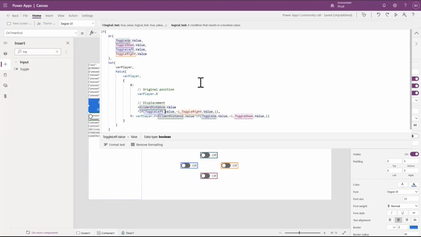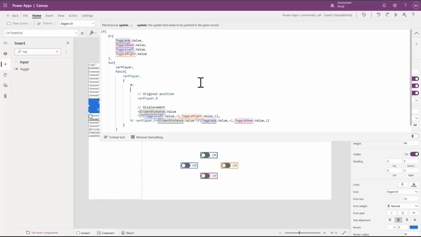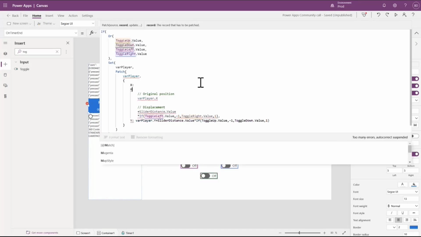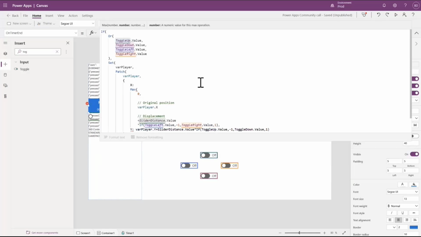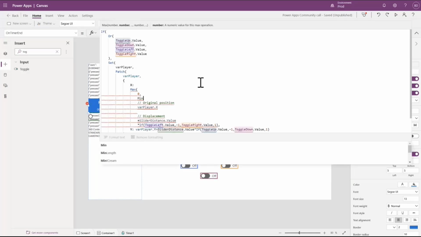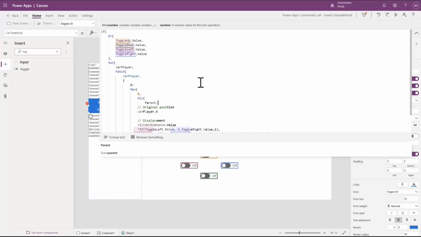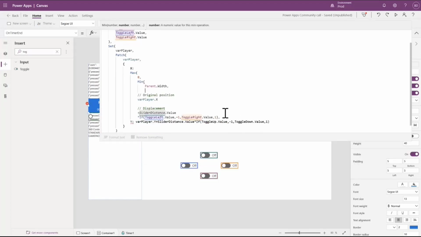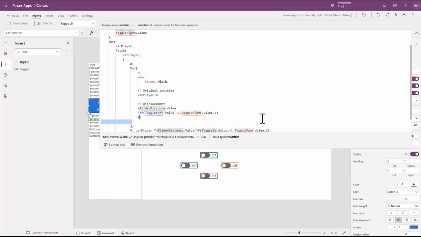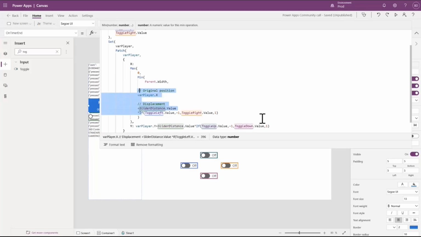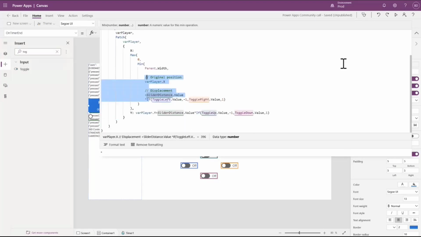Okay, what if you wanted to keep that within certain bounds? Well, I could wrap it around a minimum level and a maximum level. This is the part where it gets kind of confusing, where I'm going to use the maximum function so that it doesn't get smaller than 0. I'm going to use the minimum function so that it doesn't exceed the width of the screen, which is parent.width. So between the minimum and the maximum, if I wrap those 2 functions around whatever this number is,